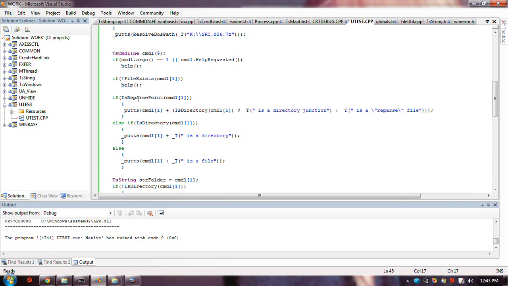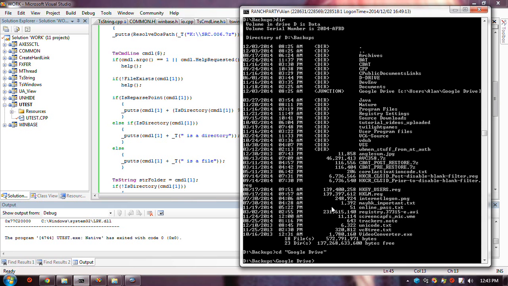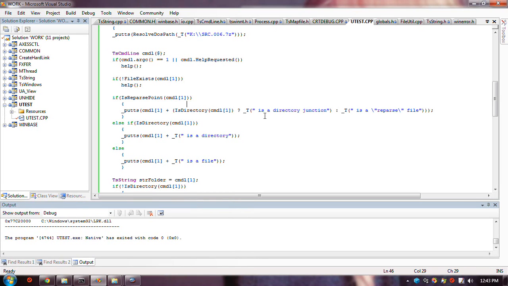There's a junction, a thing which is a junction, like this directory. This here has the attribute reparse point. It also has the directory attribute. So it's a directory and it's a reparse point, and those two together are a junction, directory junction.